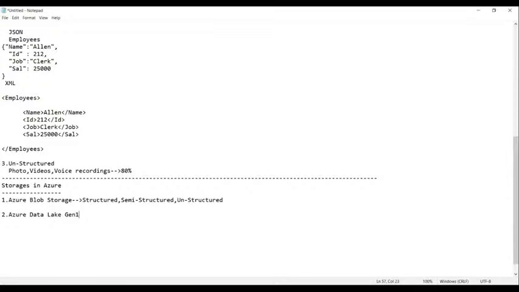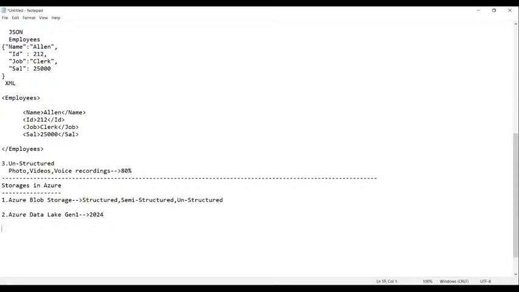In the Gen 1, it is not allowed to create it now because this is going to retire in 2024. Hence, it's not allowing us to create.